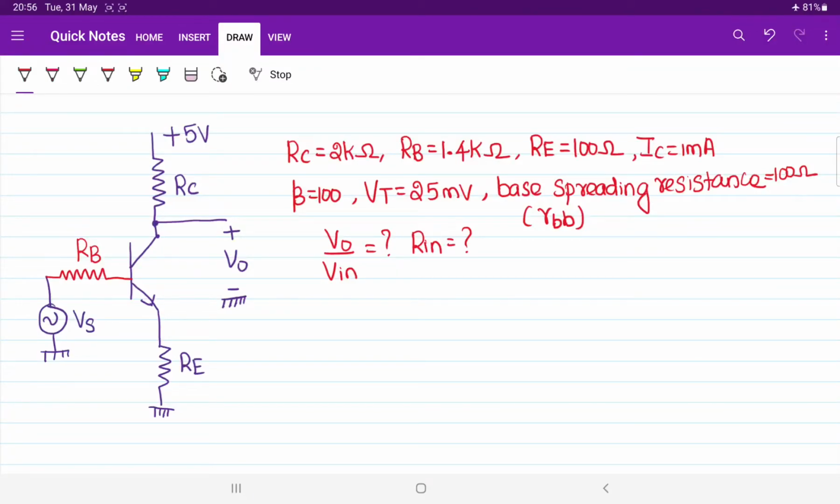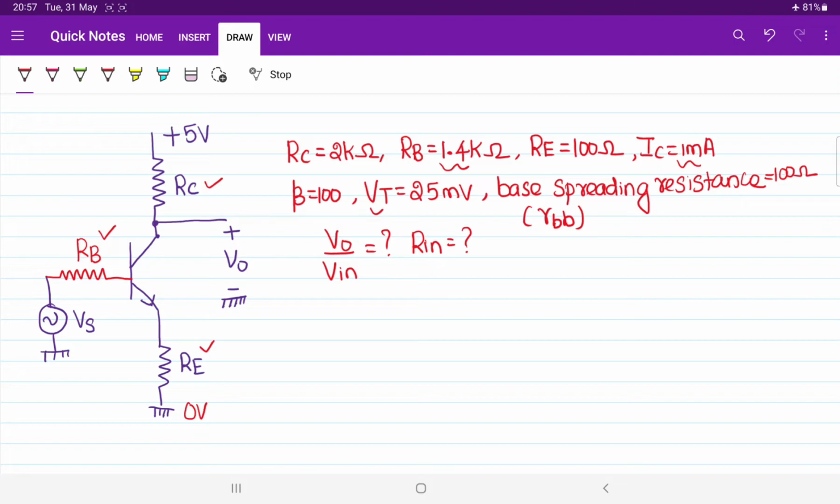So in this session, let us look into the next question. So one of the most beautiful questions. If you observe the question, as usual, it is a common emitter configuration because the emitter is connected to ground. And they have given some other data also. The value of RC is 2 kilo ohm and the value of base resistance is 1.4 kilo ohm, whereas the value of emitter resistance is 10 ohm, and the collector current is also given, that is 1 milliampere. DC current is given, beta value is given, thermal voltage is given, base spreading resistance is given, that is